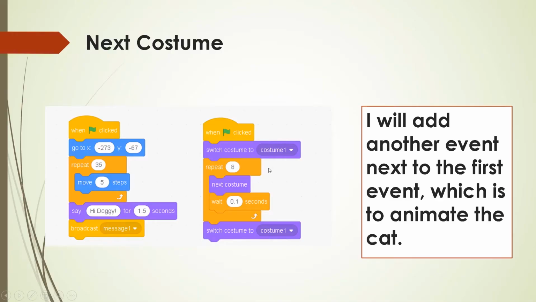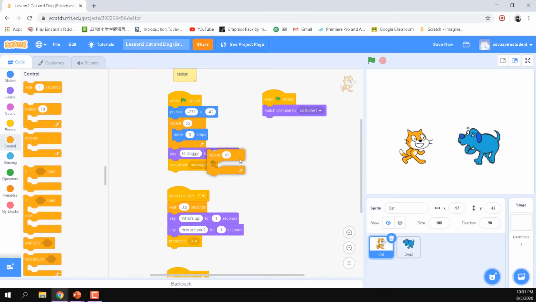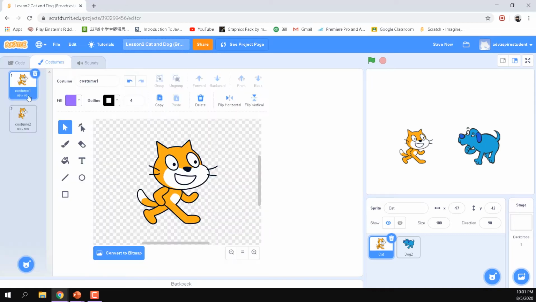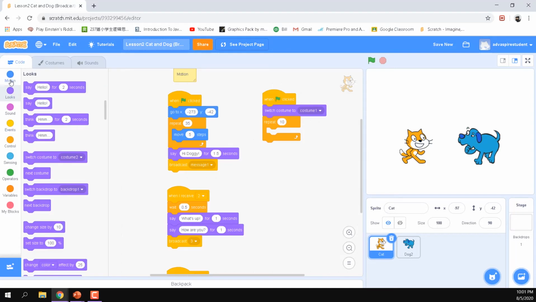Okay, now I want to make it an animation. And inside we put the next costume. We select the repeat, and we keep repeating the next costume, meaning that the loop will go from the first to the second. After that, going to the next means going to the first, then second, repeating the function like this. So it makes the cat look like it's moving itself. I'm going to switch it to next costume, and it will be very fast. If I put 30, you can see the leg moving so fast.